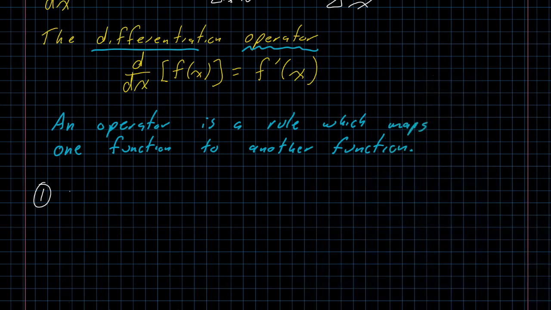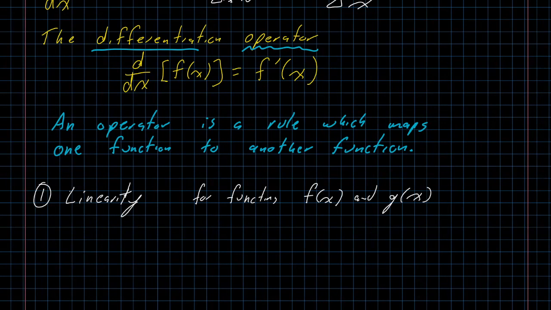The first rule is linearity. I've mentioned linearity before. When things are linear, they make us happy because they allow us to do a lot of stuff that we want to do. For functions f of x and g of x, and for constants a and b,